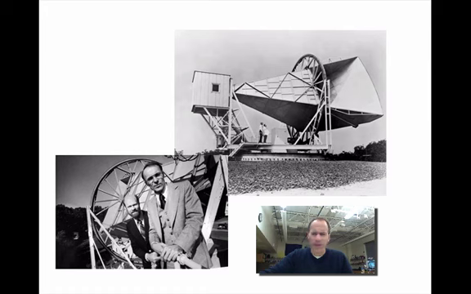And their job was to figure out where this background hiss was coming from and how they could get rid of it so that they would have a clearer signal. So this is a picture of them on their antenna. It's kind of a funny looking antenna, but it's an antenna designed to pick up microwaves.